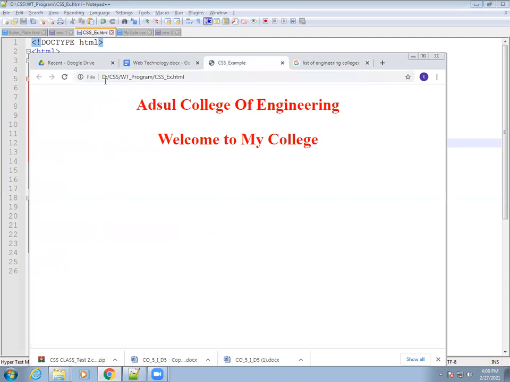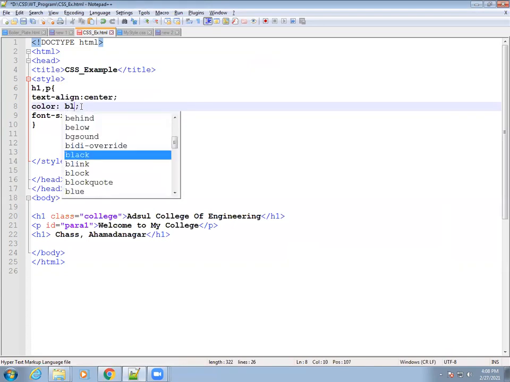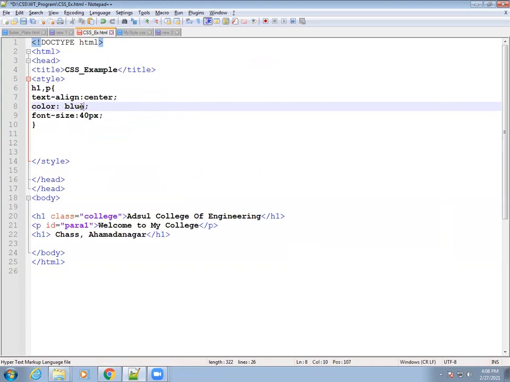Okay, the file is refreshed. Yes, you can see this also, College of Engineering, and the color is the same. If we want to change that from red, we do blue.